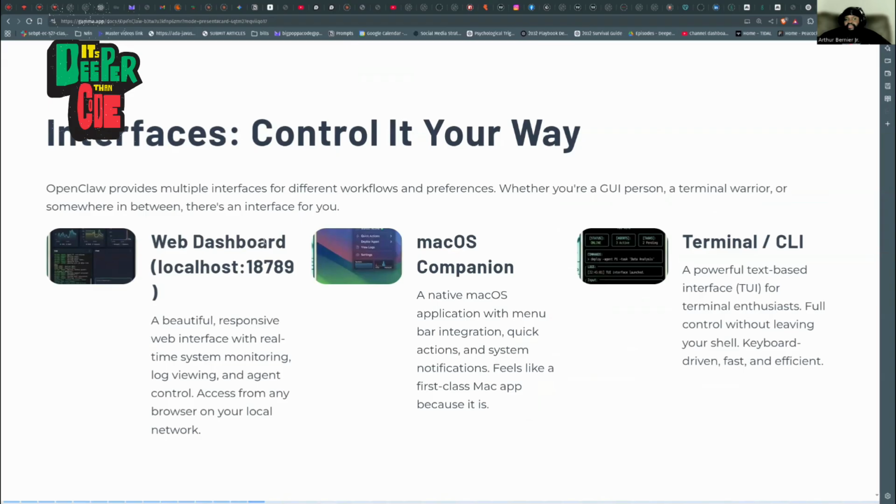Now, there are different ways that you can interface and control it, outside of just speaking to it on Telegram. There's a web dashboard that you can bring up on localhost 18789. Basically, once you boot it up, you can go into your browser and type localhost 18789 and see things about the agent.